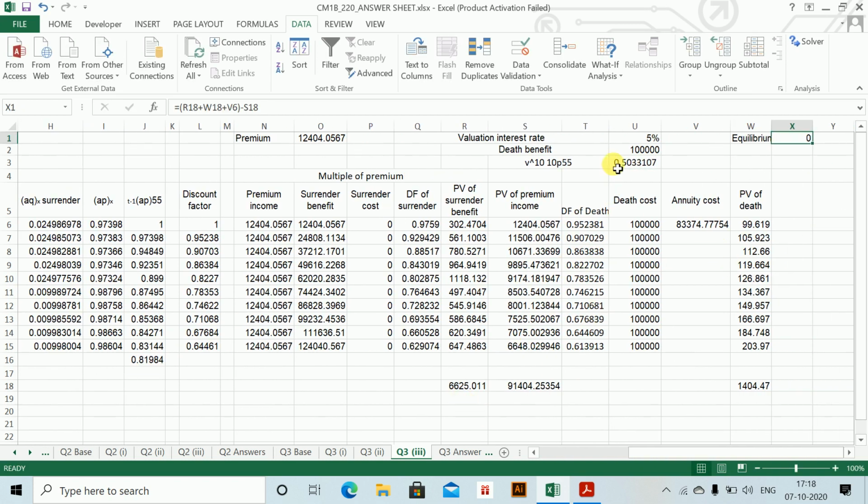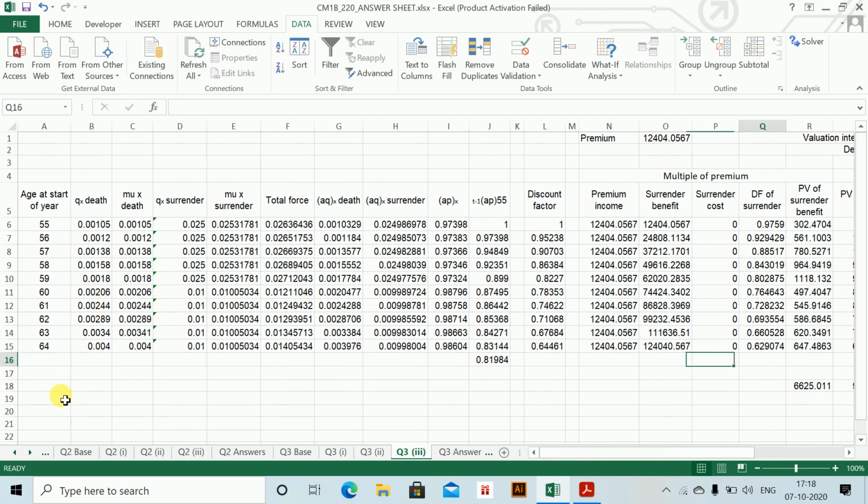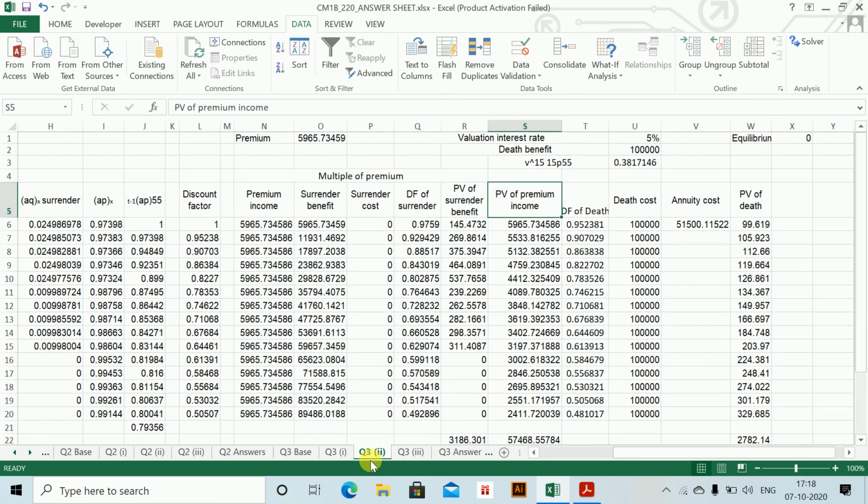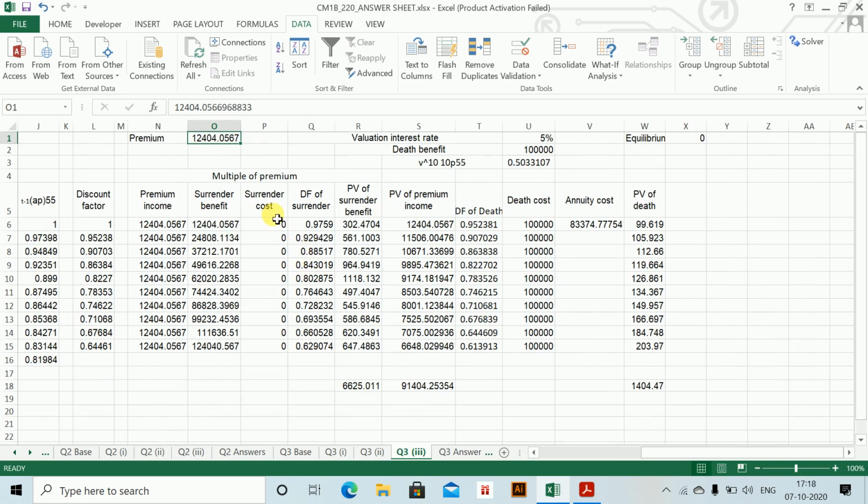And again same thing. No other changes were done, only annuity cost was different and this was different, and everything else remained the same, and removing the last 5 cells of my calculation, I got a value. Again I did an equilibrium condition over here and got the premium to be 12404. Now since they have said discuss the implications, if you see, when the company will allow earlier receiving of annuity payments, the premium will almost double. It's almost 6,000 here and it is 12,000 here. So the premium will be doubled for the insurer to pay.